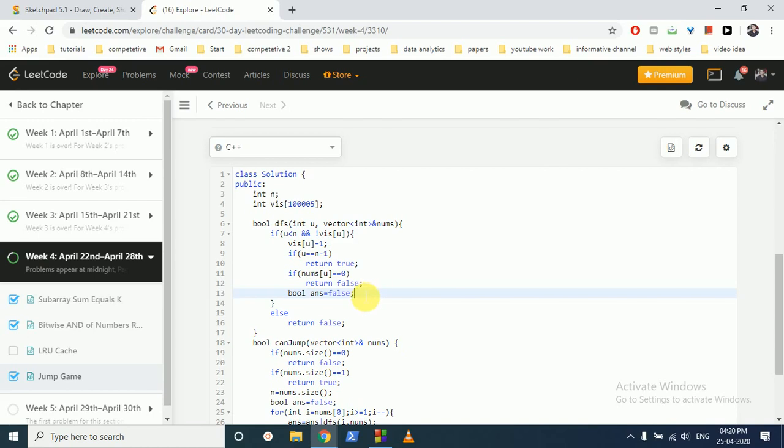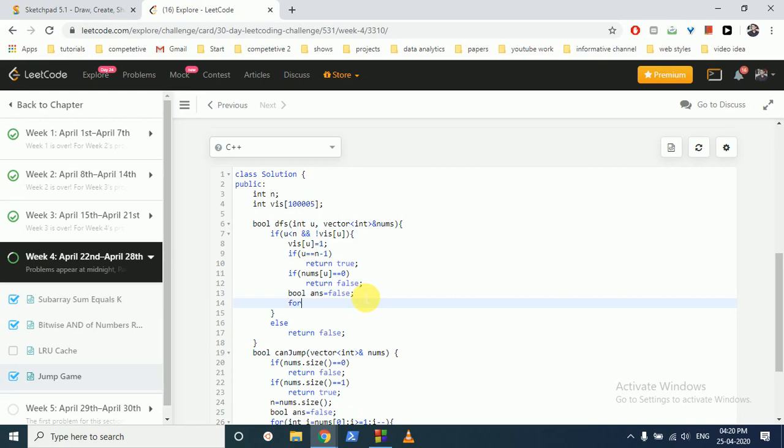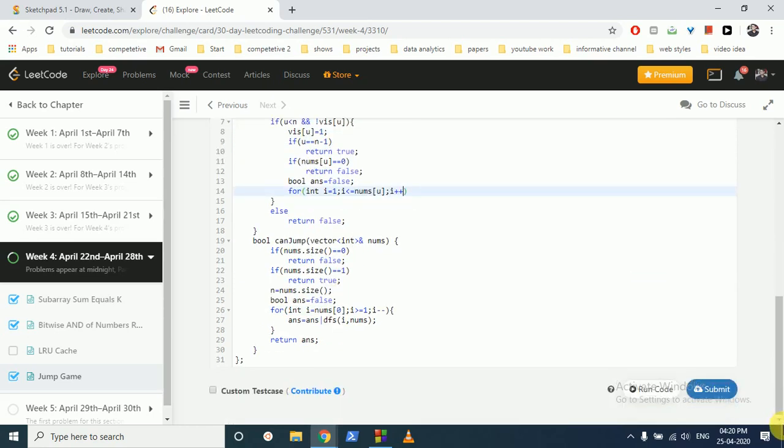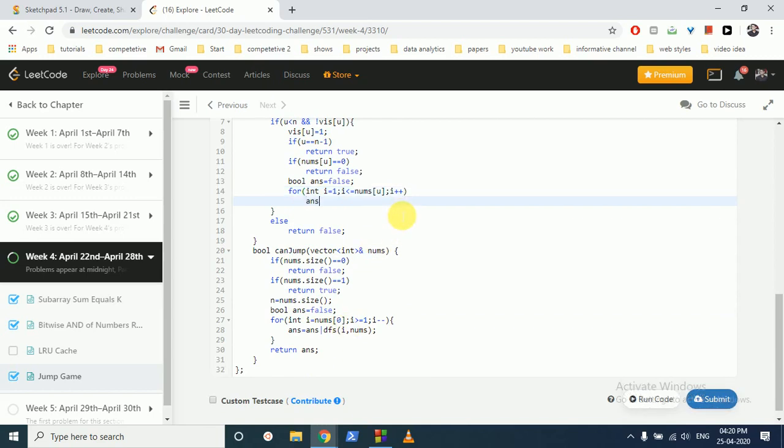So what we have done is we initialize this with false, and we are doing a for loop from I equal to 1, I less than or equal to nums of U, because now we are at point U. Then we will do answer is equal to answer OR DFS.